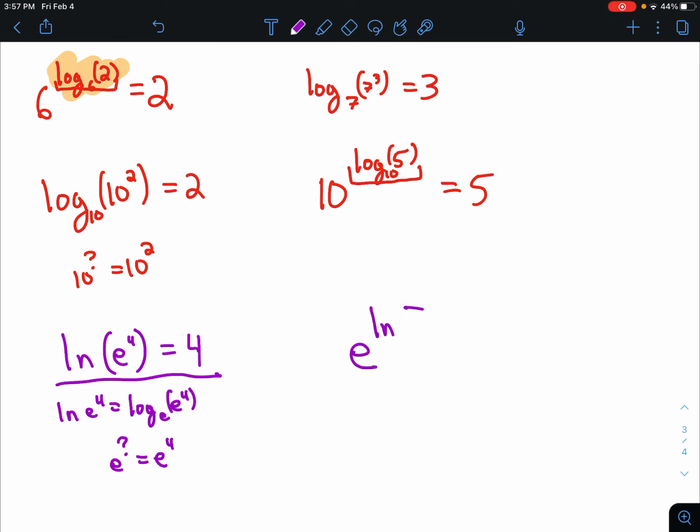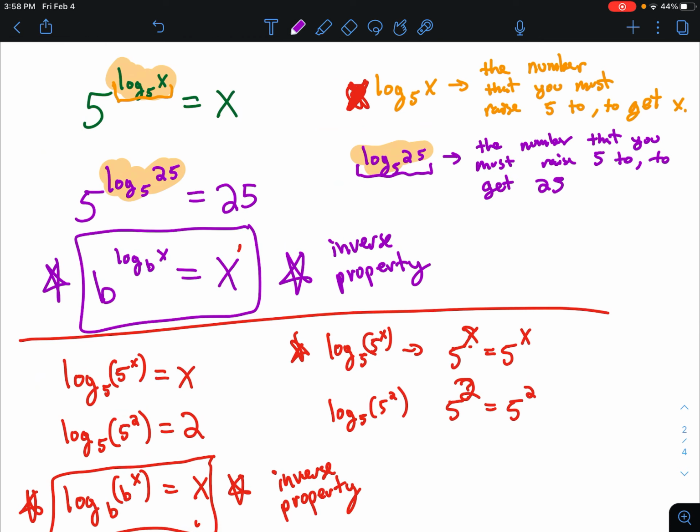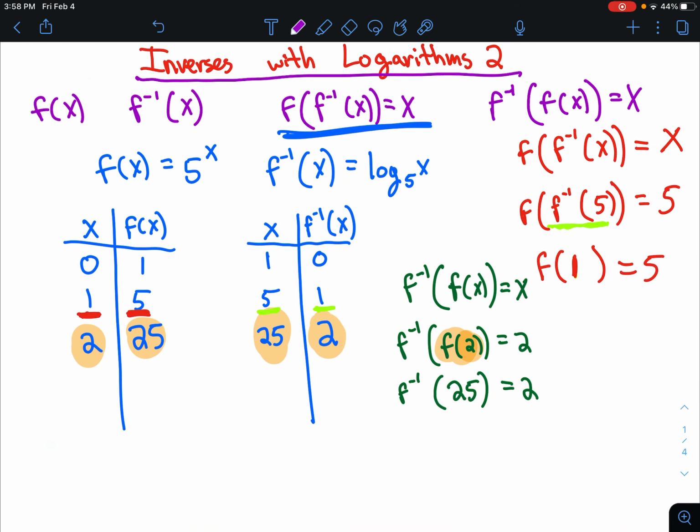Last example, e to the ln 7. This is going to equal 7 because ln 7 is equivalent to log base e. The natural log, the natural base, has to be e. So e to the log base e of 7. Remembering that this quantity represents the number that we must raise e to get 7. And if we raise e to that number, you better believe we are going to get 7. Okay, so that is a summary of inverses and logarithms and how we can use them in some